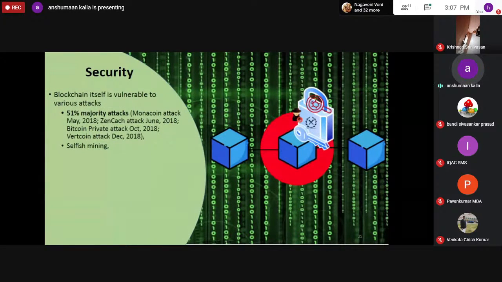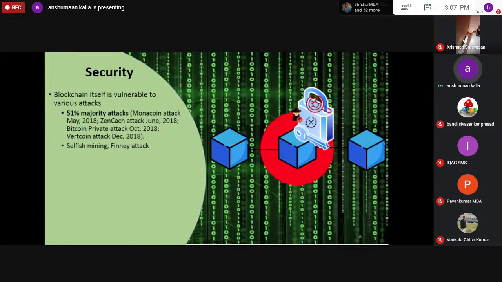So there is a problem of double spending, where you try to spend the same money and make two different transactions, which is not legal, which is not correct. But this kind of selfish mining can allow attackers to do so. All right. So as I just now mentioned, the Finney attack is another kind of